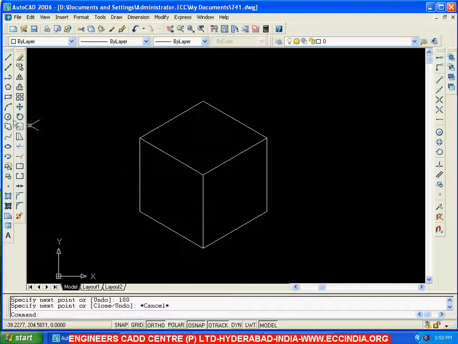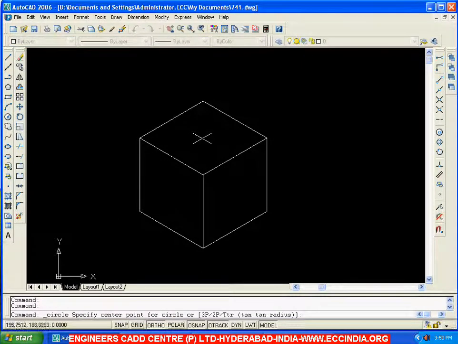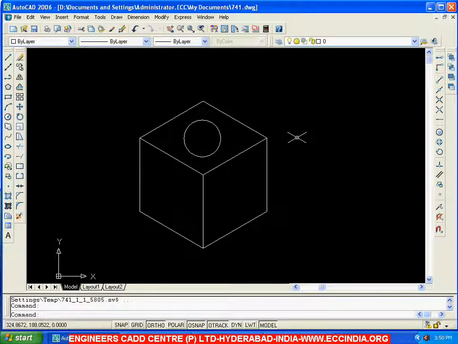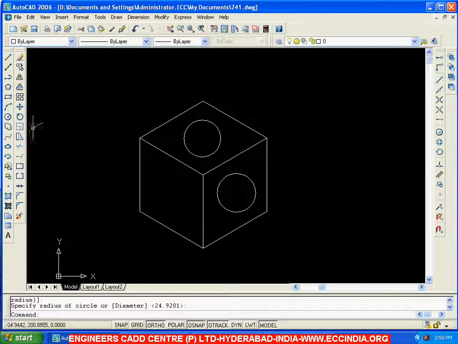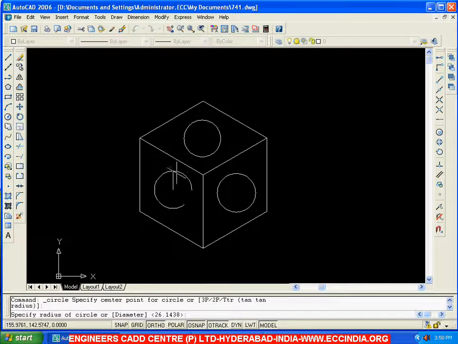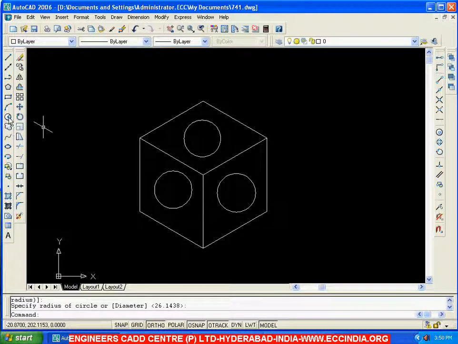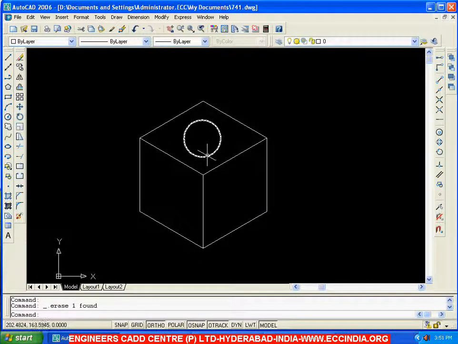The reason is, I will show you what will be the result if I am using ordinary circles. Let me go with the right side now. Again I am going to circle and create a circle. Then let me go with F5, that is left, and create one more circle here. So when I am drawing ordinary circles, they will be parallel to the screen, but we don't feel that they are lying on the respective planes. So we cannot use ordinary circle in case of isometric drawing.